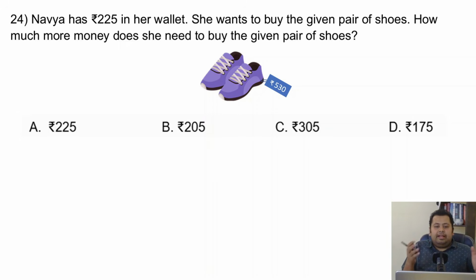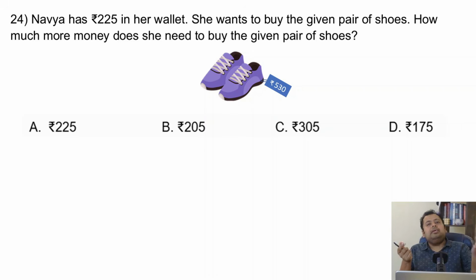Great. So let's think of this in this way. Suppose there is a chocolate that costs rupees 10. If I give you a chocolate at just rupees 10, you would want it. You have rupees 5 with you. But how much more would you need from your parent to get that chocolate from me? It is nothing but 10 minus 5, which is rupees 5 extra that you would require to get the chocolate from me.